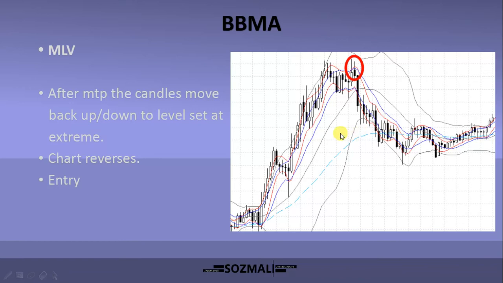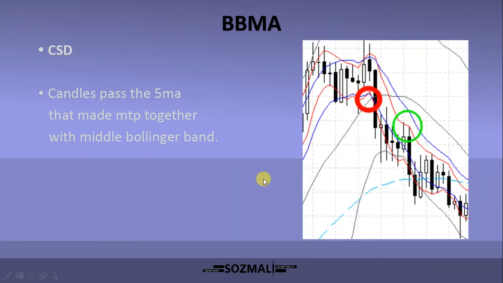Then you can set your take profit based on what you like. One of the ways we use is the 50 EMA, setting take profit on the 50 EMA. Sometimes it works really great for you. But anyway, you could use what suits your strategy. So then after extreme, MTP, and MLV have happened, if your MLV was successful, the chart will create